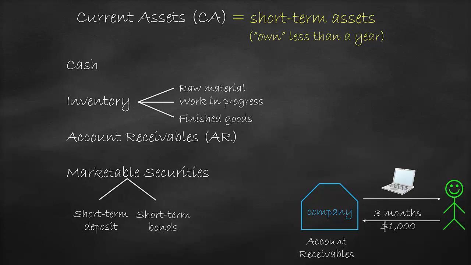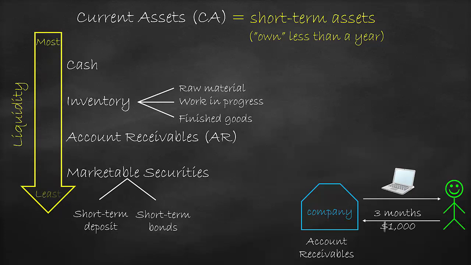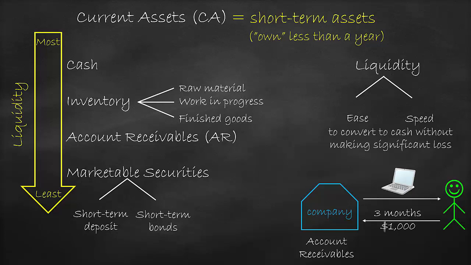So that is a list of all of our current assets. Now we have our example of current assets. How are we going to order them? In a balance sheet, orders are very vital. We rank our current assets in terms of liquidity, from the most liquid to the least liquid. Liquidity has two characteristics. It is one, ease to convert to cash, which means essentially, can you sell the asset easily? And the second characteristic is speed to convert to cash, which means, can you sell the asset without making